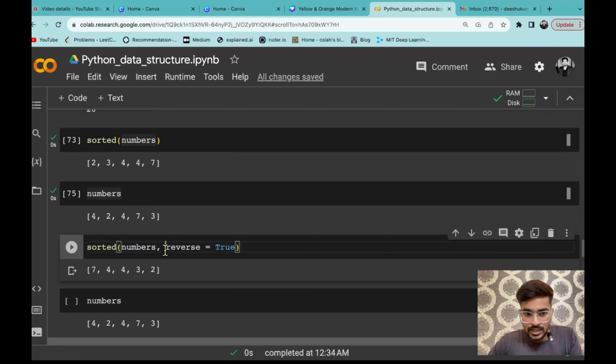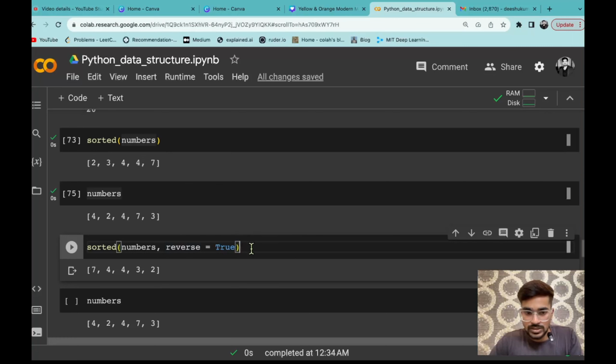Now there is a second argument that is called reverse equals true. That means you are telling that instead of doing ascending order you have to reverse that and do descending order. So you can see the result, if I do that it is doing in descending order.